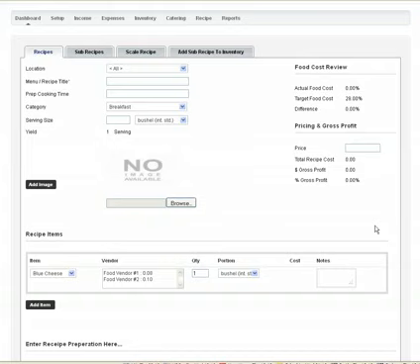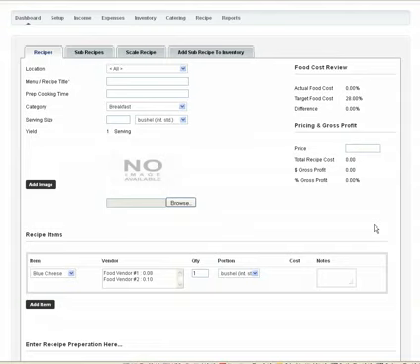Welcome back, everyone. We're in the recipe portion of the software. I want to point out a few things. If you've used our calculator on startingarestaurant.com, you'll notice there's a vast difference between the calculator and the software we've created. We're going to stick to the same hot wings example, but you'll see that a lot of things have